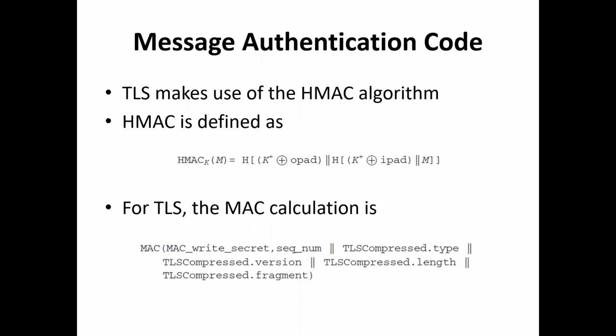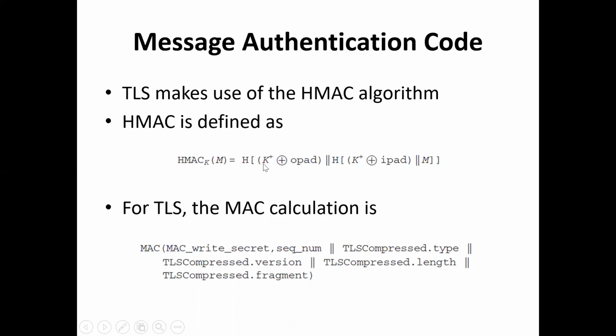So HMAC is defined as HMAC K of M. M we're going to take as input for the HMAC algorithm. Now here, H, what is H? This is the embedded hash function, either MD5 or SHA1. Then K plus. K plus is what? Secret key padded with zeros on the left, so that the result is equal to the block length of the hash code.